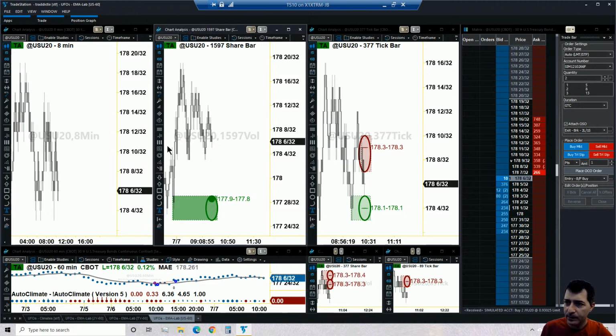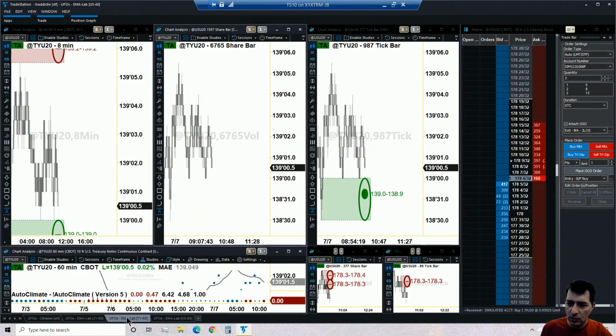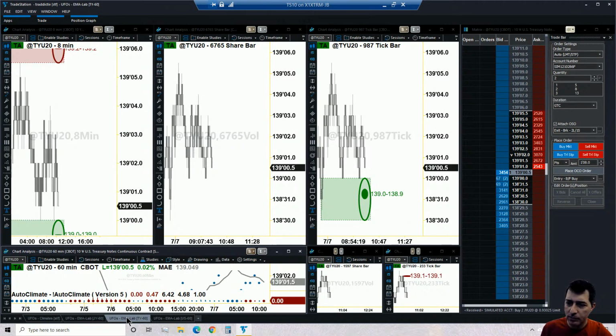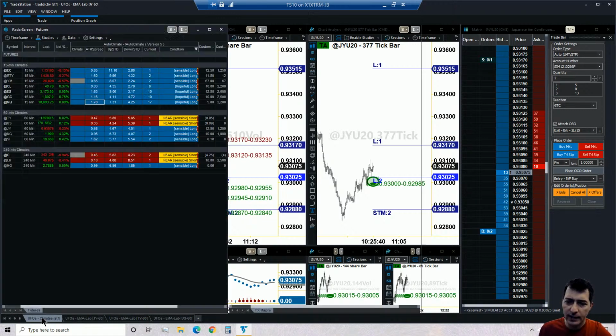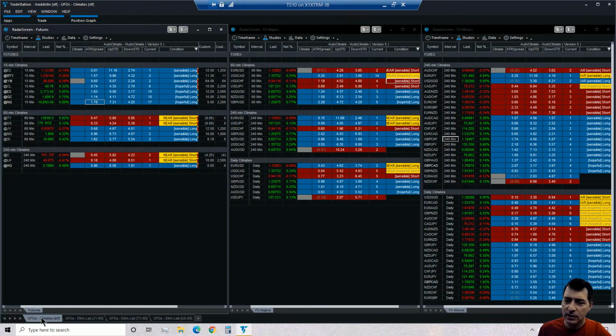Okay, cool. Okay, so 10-year note, anything has formed? No. Japanese yen, what do we have? Still waiting to get filled? Yes, still waiting to get filled. Nothing really has happened yet. So we just wait. So back to the red screen. Lean hogs. Okay, this is the next one we are going to attack.